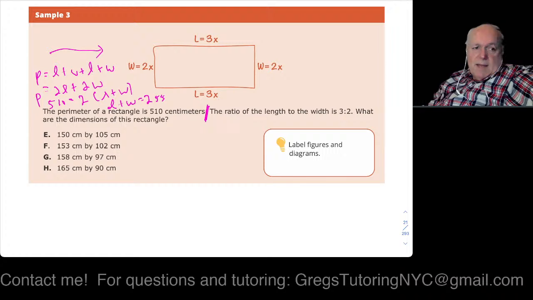Okay, so that's one way to think about this. I don't know what we need over here. I'm just thinking out loud for you guys and some of the choices that you should think about and run through your head. So then it says the ratio of the length to the width,